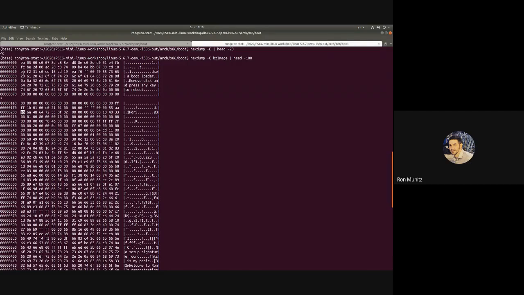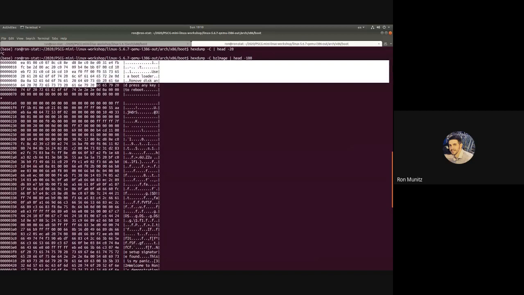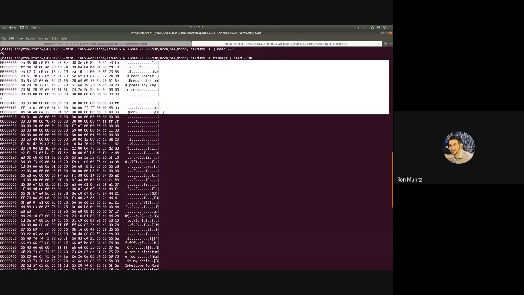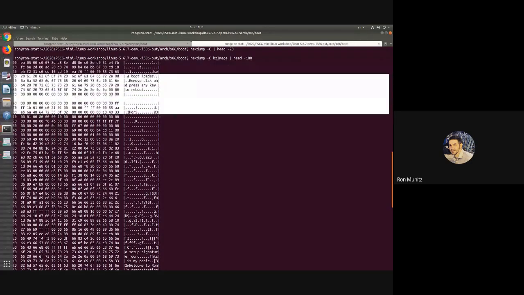Now, what is going on here? What do we have here? What does this file look like? Why does this file look like it does? What is going on here? So I want to introduce you, in order for you to understand what is going on here,